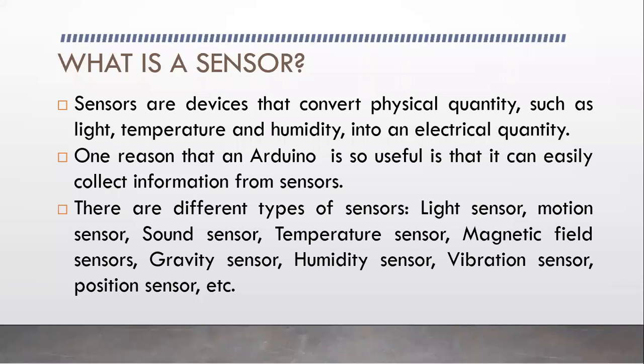So guys, here you could see some sensors. The light sensor is nothing but the photoresistor, that is the LDR, light dependent resistor. The motion sensor, which I will discuss today, is nothing but the PIR sensor. We will see more about this in the session. Then you can see the sound sensor. Here sound is a physical quantity, so based upon the intensity of sound, you will get some values.